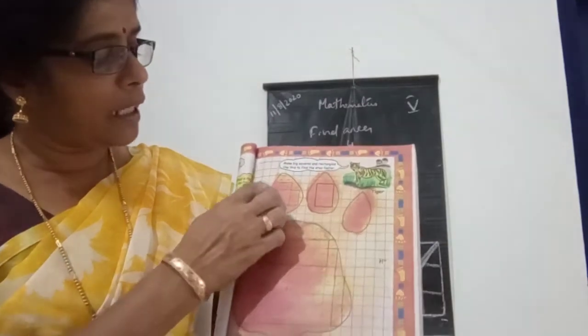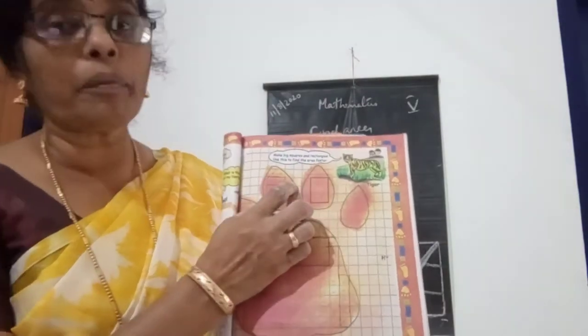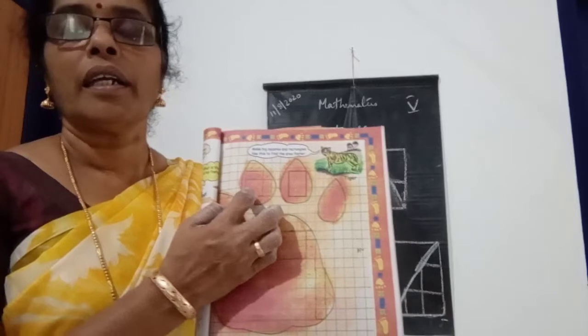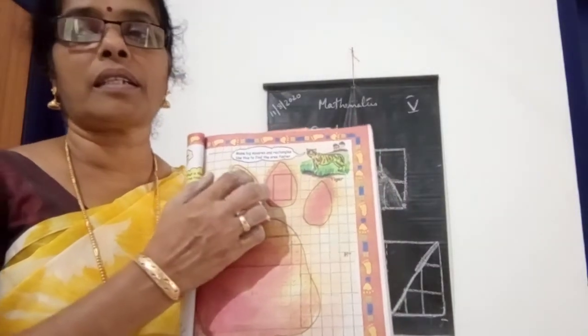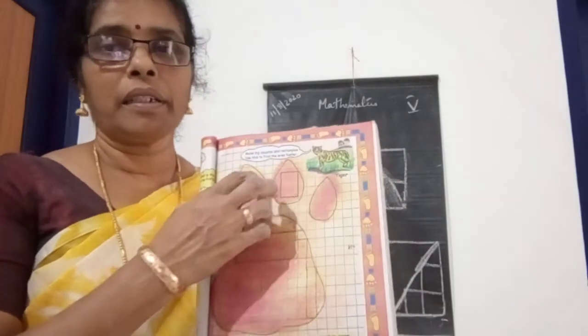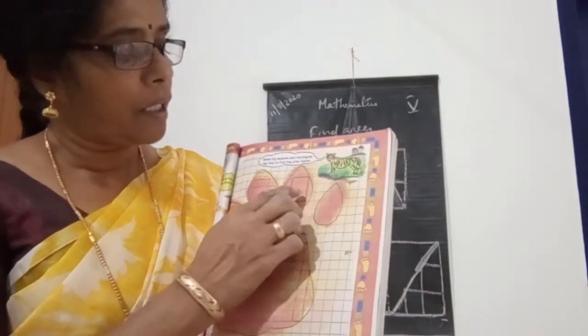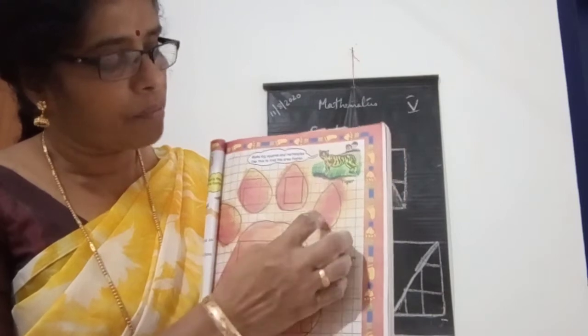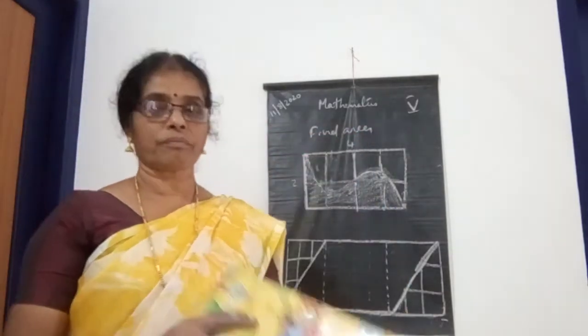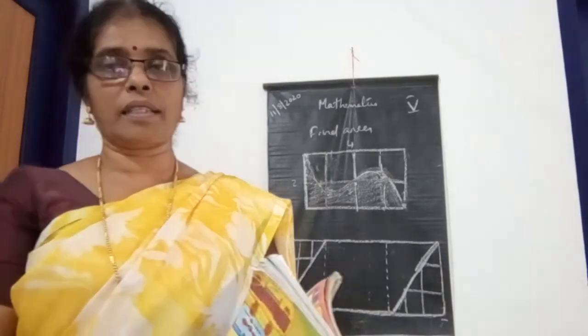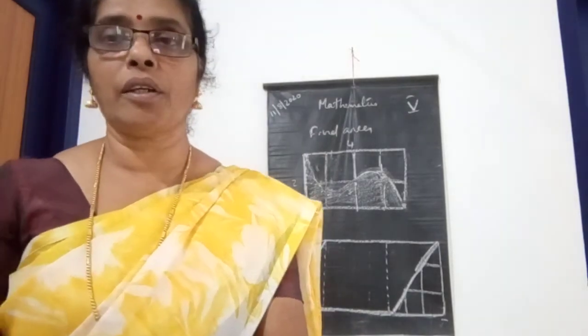And next you can take it from here also. You can also make a rectangle or square in this figure, and you can easily find out the area. After that, you can count how many completed squares and more than half squares remain. Here also you can draw like this. Okay, and from here also you can count it. And the next one, add those areas, then you can find the area of that figure.